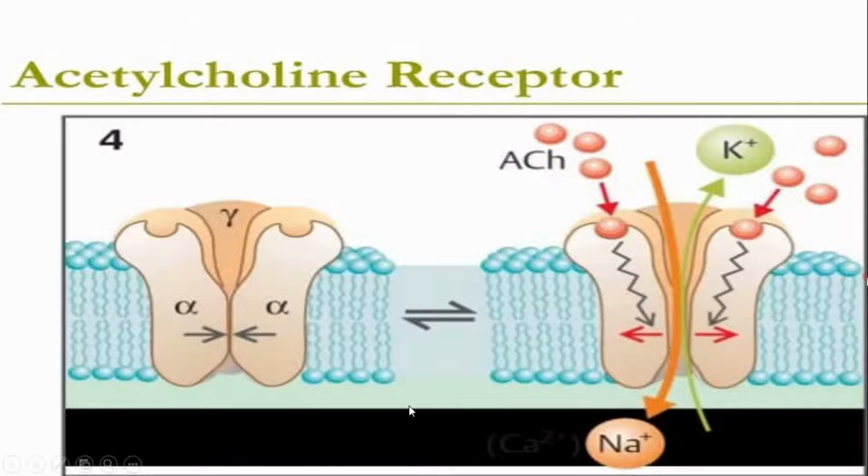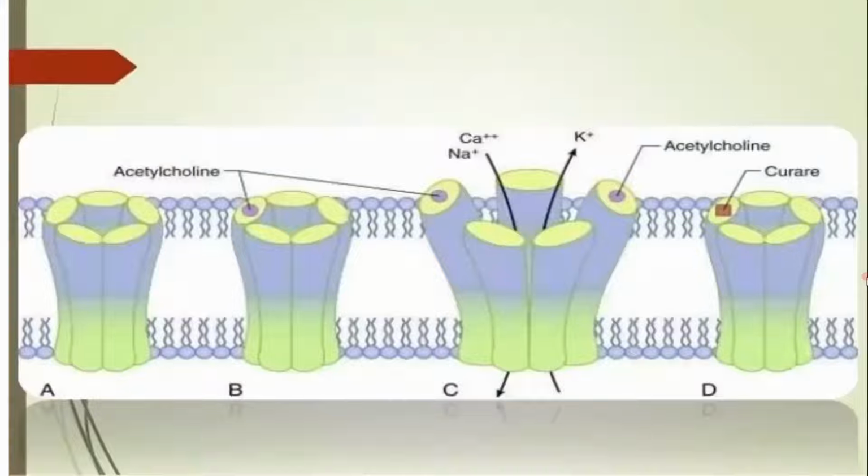What is present inside the membrane? Negative charges. There are negative charges. This is preventing the potassium to move out of the cell because potassium is a positive ion. So the negativity is trying to prevent efflux of potassium, while the negativity inside is favoring the influx of sodium. So influx of sodium is much more as compared to efflux of potassium. So the membrane gets depolarized.